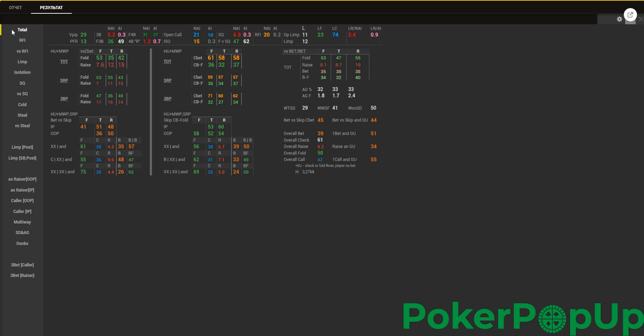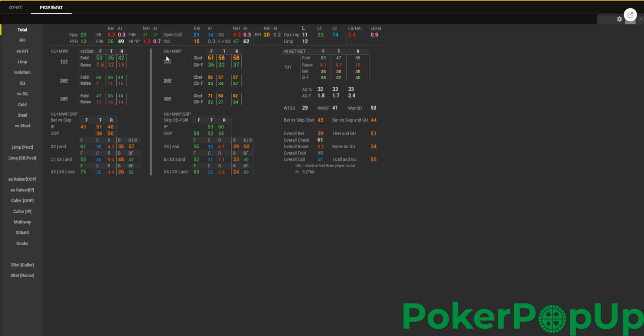Today we'll have a look at the VENOM package for multi-table tournaments and describe its pop-ups. The first one is the total pop-up. You can use it for more or less unknown players that you don't have much sample on. Here you can see some overall pre-flop stats,